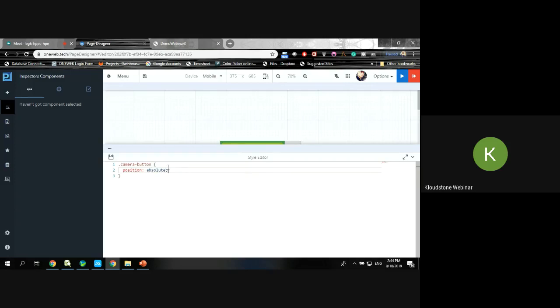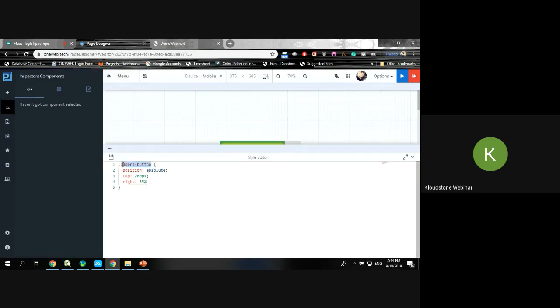This text will automatically start to appear here, the functions and the text. So I write a simple function called camera button, where I set the position, and I simply